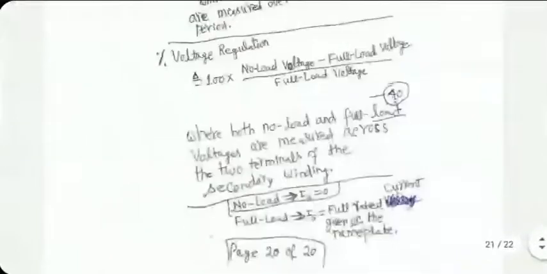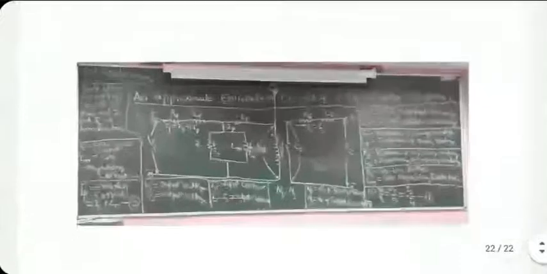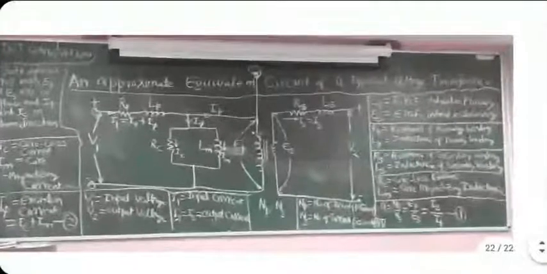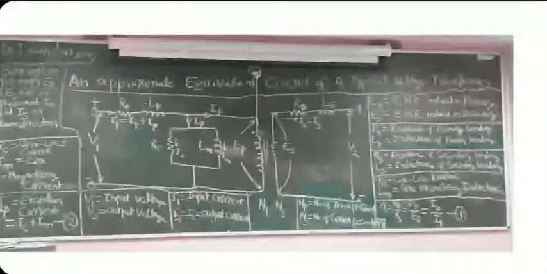Other diagram which I have got at the end of the presentation. I'm showing them here. This equivalent circuit is also for a lossy transformer. It is containing even more information than what I have got in the previous diagram. What is the name of I phi? It is called excitation current.